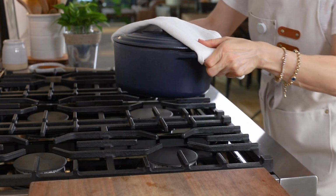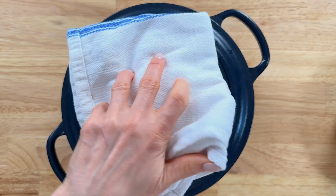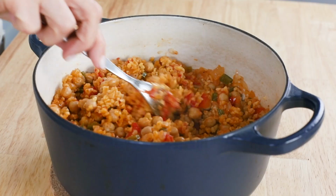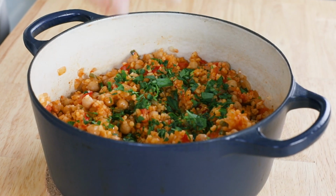When the time is up, we'll take it off the heat, but don't lift the lid just yet. We'll let that rest covered for 10 minutes, which helps the bulgur finish steaming and gives that light yet hearty texture. Then we'll fluff it gently with a fork, sprinkle over some chopped parsley, and just like that, it's ready